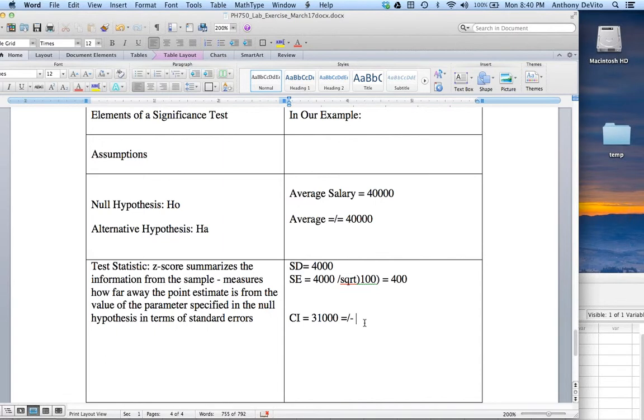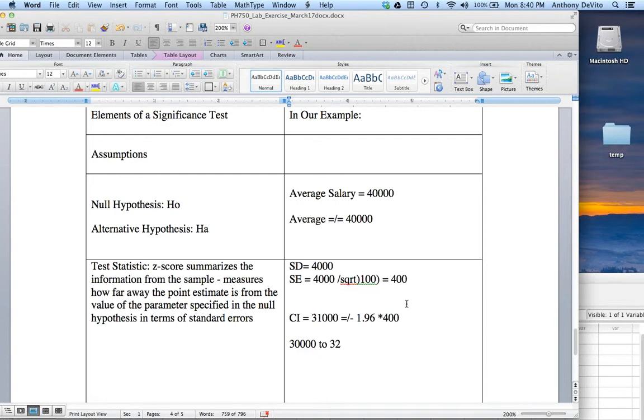Well, sample size is 100, so I'm going to use my z-score, which is 1.96. If it were a smaller sample size, under 30, I would use the appropriate t-score. 1.96 times 400. So my confidence interval is going to be, and I assume I'm right on this, roughly 30,000